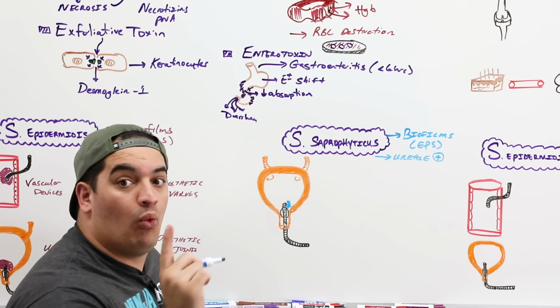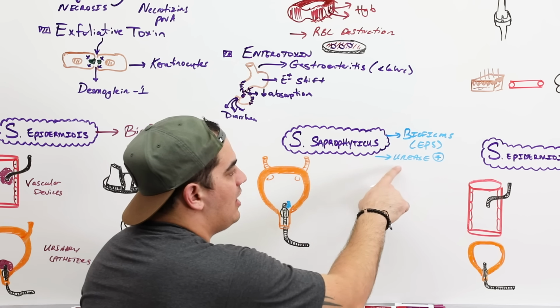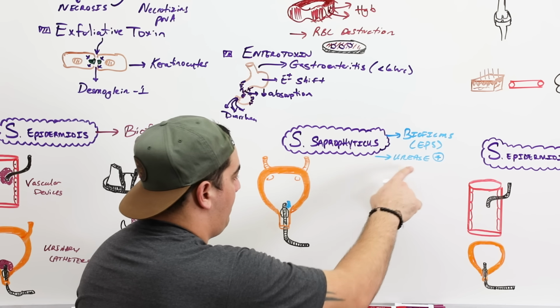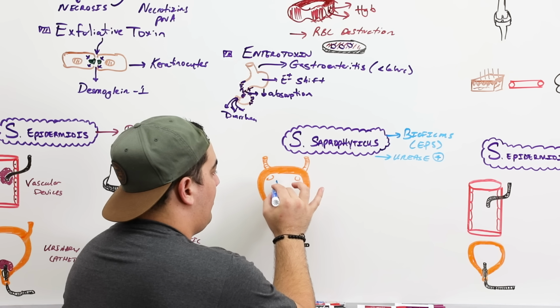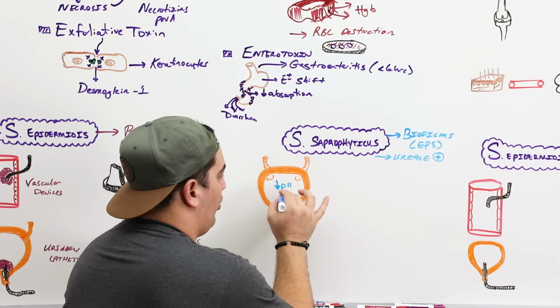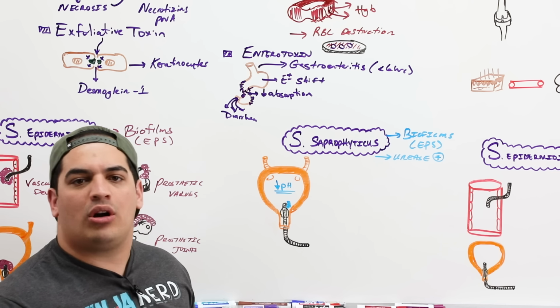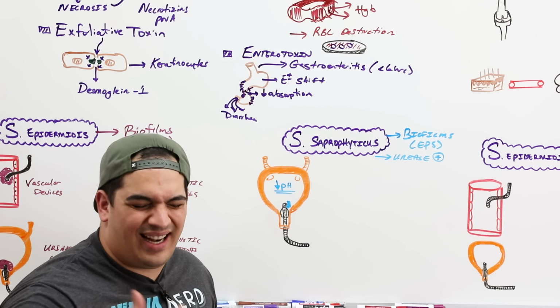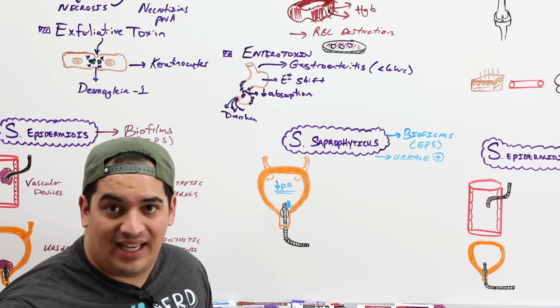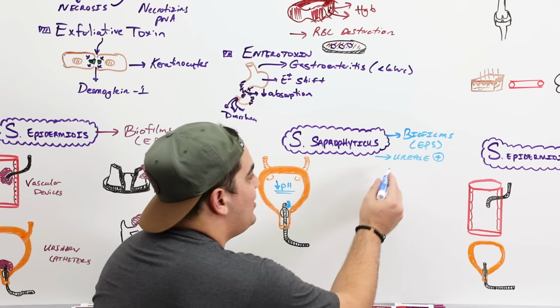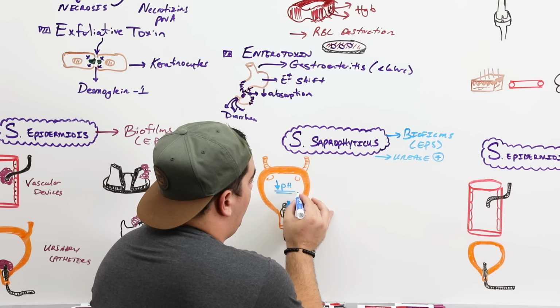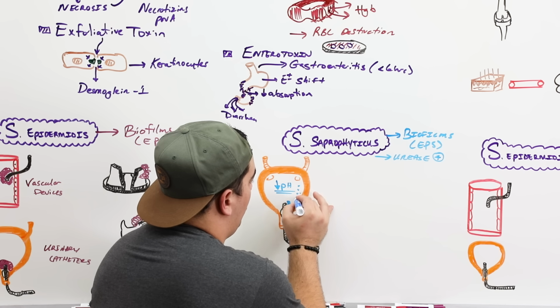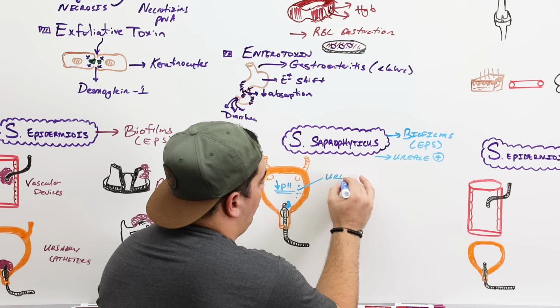But here's what makes it even worse. Staphylococcus saprophyticus has this urease enzyme. You know the pH of our urine is usually low. You want it to be kind of acidic. It's harder for bacteria to thrive in acidic environments. The protons lead to the denaturation of enzymes and DNA, and so forth. So what this urease enzyme does is, inside of the urine, there's a particular molecule called